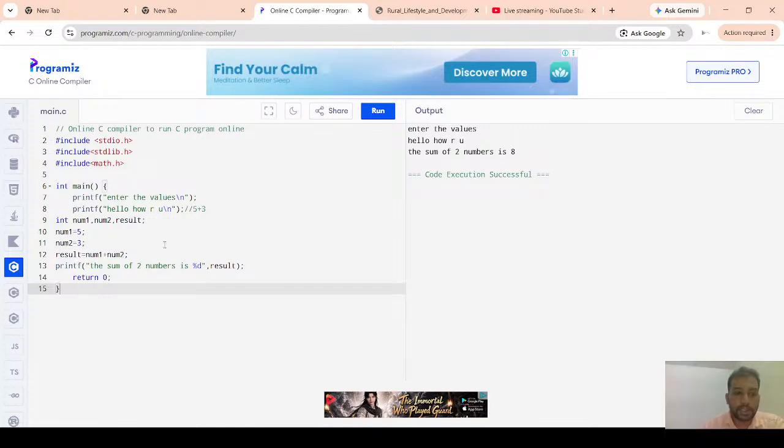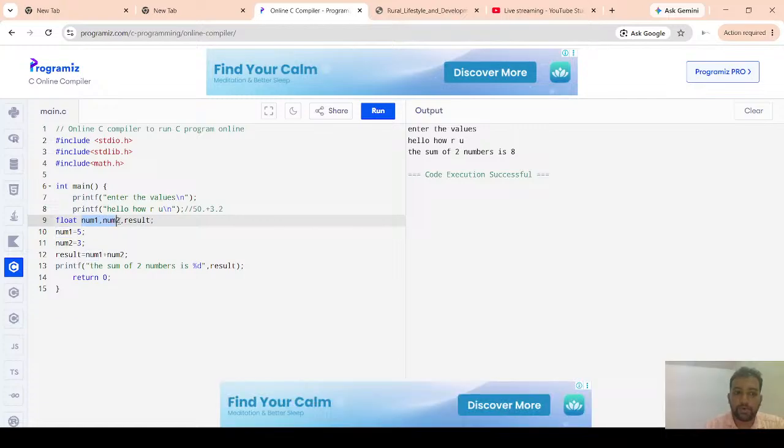Yeah. Next step is we'll use floating point values like 5.0 or 3.2. So how to do it? Since these are floating point values, we need to declare the variables as float. Now we know that num1 is a floating point value, num2 is a floating point value, and result will also be a floating point value. So num1 I'll make it 5.0, num2 I'll make it 3.2, and here the printf statement